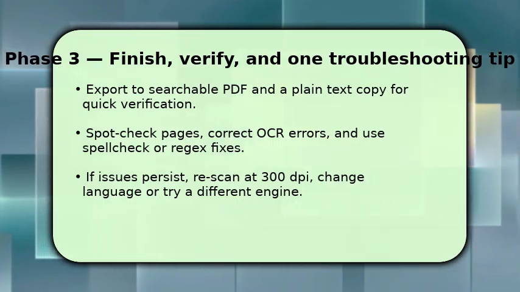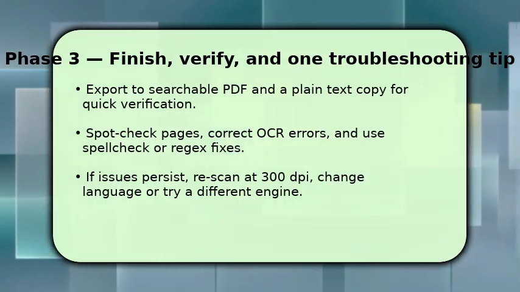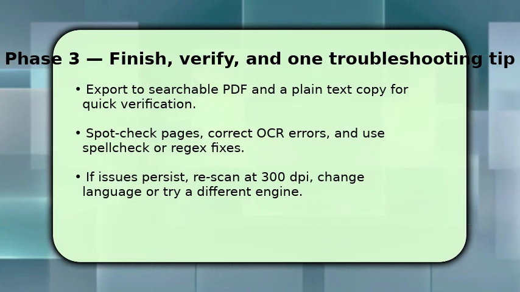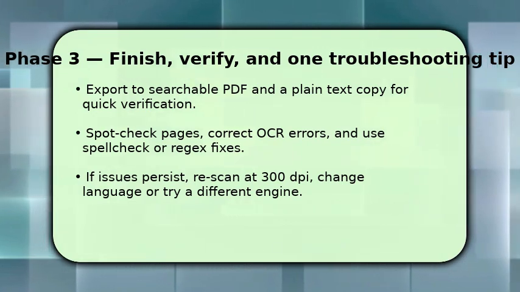If accuracy is poor, rescan at 300 DPI, improve contrast, change the language model, or switch OCR engines. One key troubleshooting tip: if text is jumbled, enable layout analysis or use Zone OCR to isolate columns and